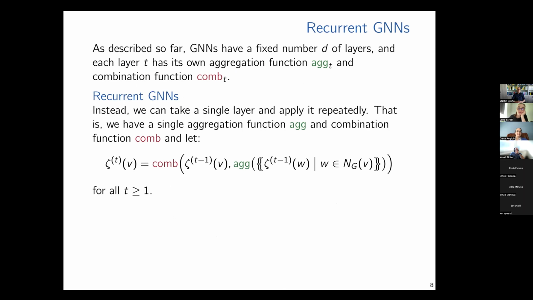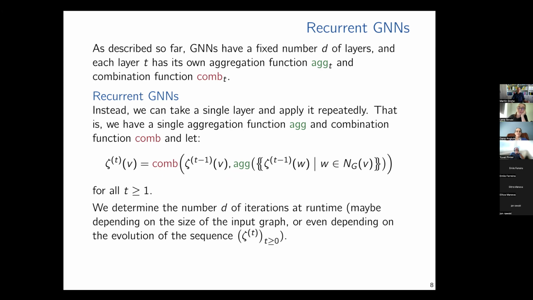That's what a recurrent GNN does. We only have one combination function and one aggregation function, and we apply them repeatedly. For how long? We can determine that at runtime, maybe depending on the size of the input graph, or on the sequence of states we observe. For example, if we see them converge, we might stop.